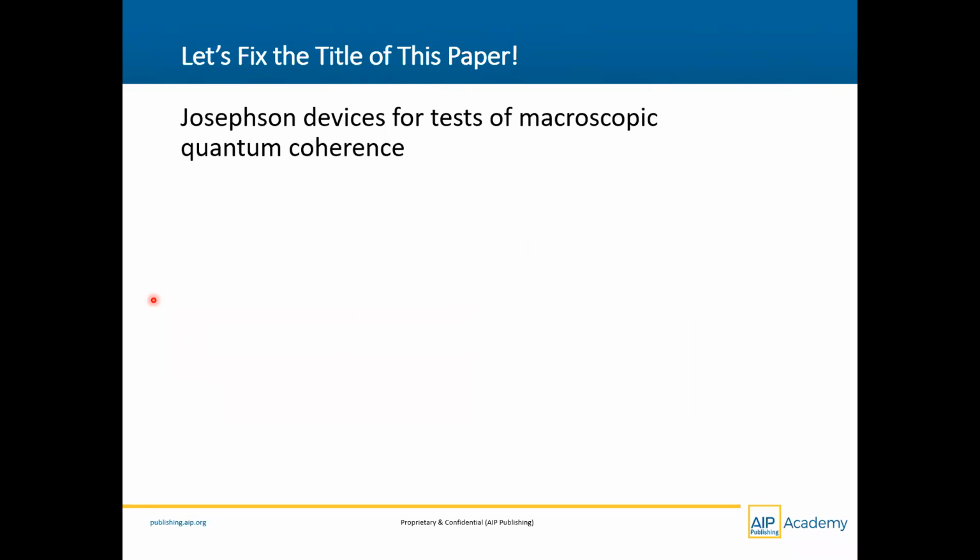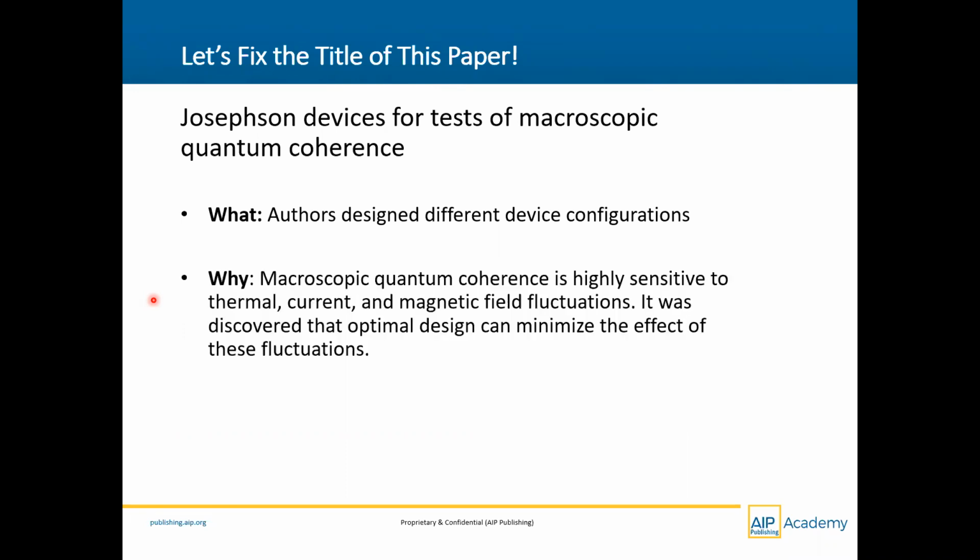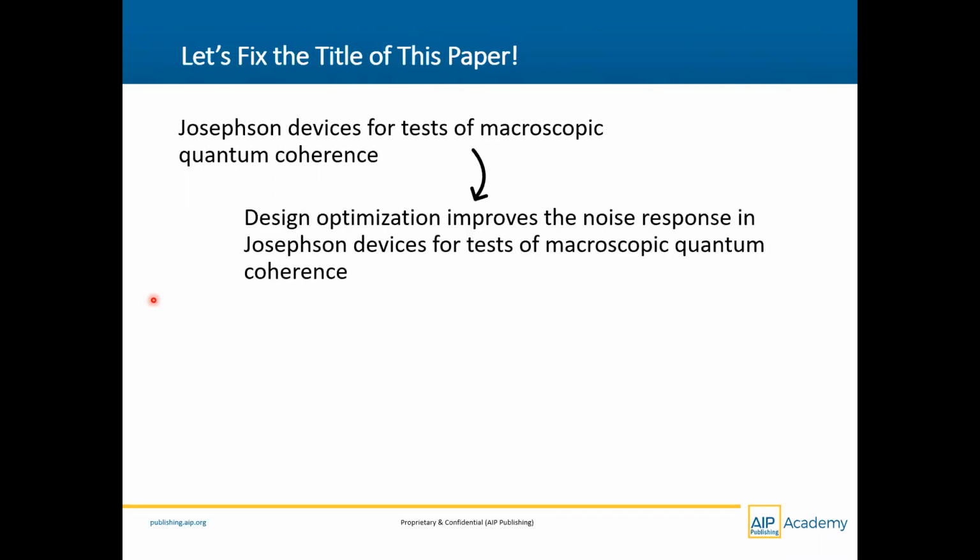If you were to read the full paper, you would see that what the authors did was design different device configurations. Why it was done is because macroscopic quantum coherence is highly sensitive to thermal, current, and magnetic fluctuations. And in the paper, it was discovered that optimal design can minimize the effect of each of these fluctuations. We can use this now to define the so what by saying the optimal design can minimize the effect of these fluctuations. So let's change this title now to Design Optimization Improves the Noise Response in Josephson Devices for Tests